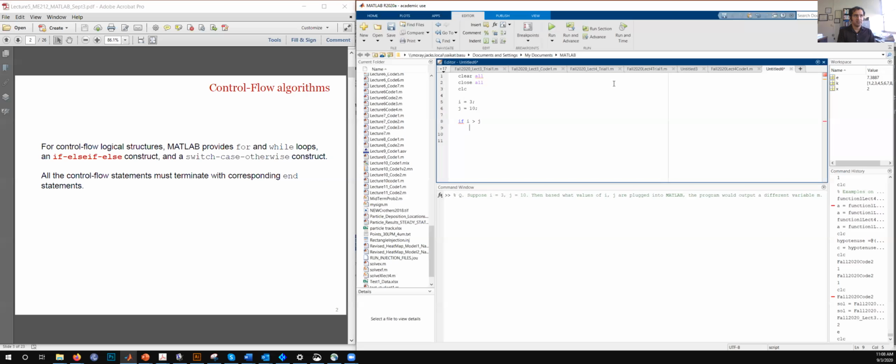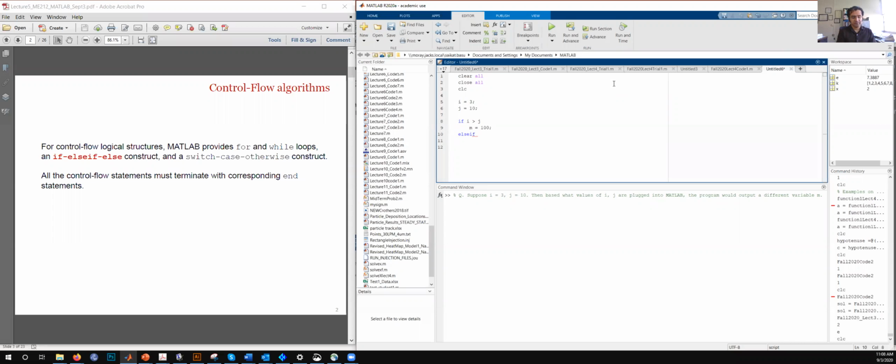Suppose if i is greater than j, in a different world, then m is some number, 100. So that's the first condition I told MATLAB. Elseif. So elseif is the thing that you are going to use for the second, third, fourth conditions.